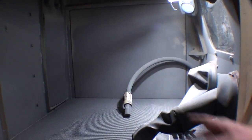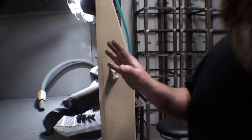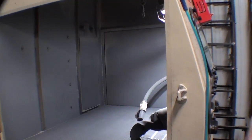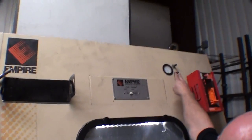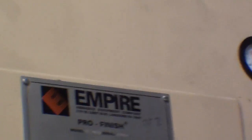So this has features like a dust collection system built in. I'm going to hit the purge button, so you'll hear a loud noise. The purging and the dust filter collection system helps keep the dust down when you're sandblasting. If you look over here, it has a pressure gauge on it. When that starts building pressure, you purge the filters, and that clears the dust out of it,